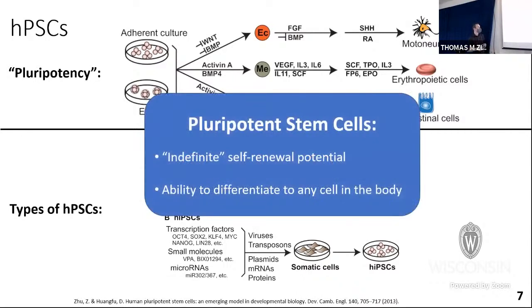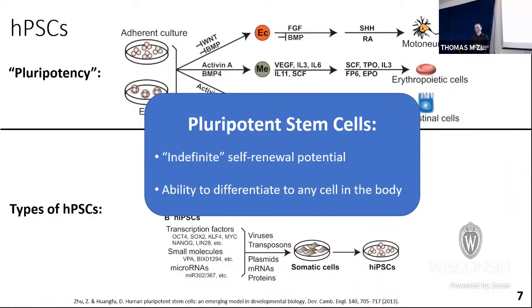So the main two takeaways here for pluripotent stem cells: they have essentially an indefinite self-renewal potential, so they can continually produce more and more of themselves, which is really good when we're trying to make large batches of these cells. You can take essentially one pluripotent stem cell and make billions and trillions of cells from that. And then each of these can become different cell types as well.